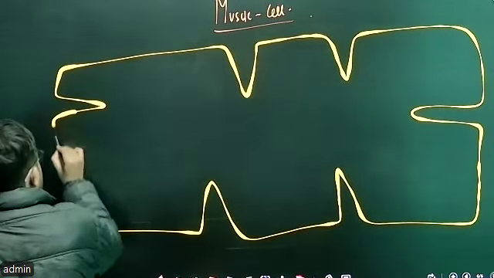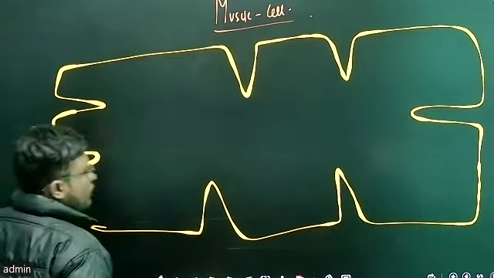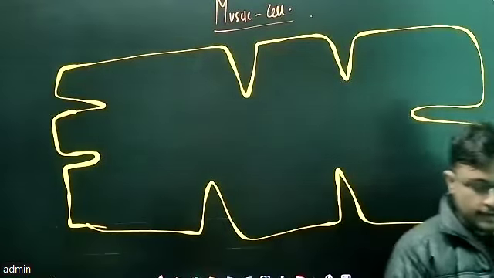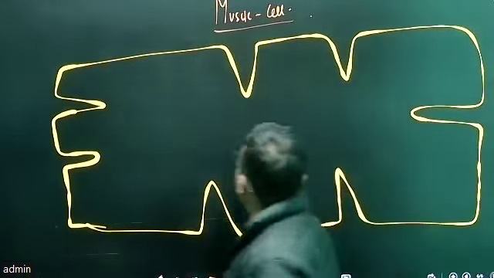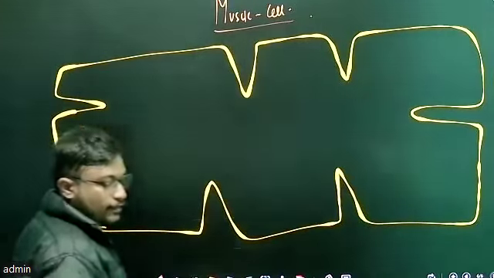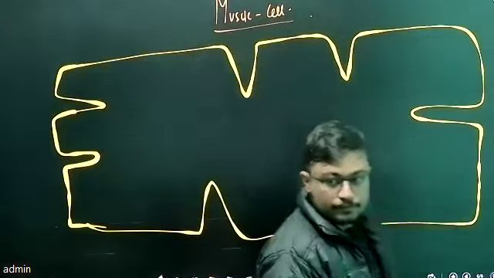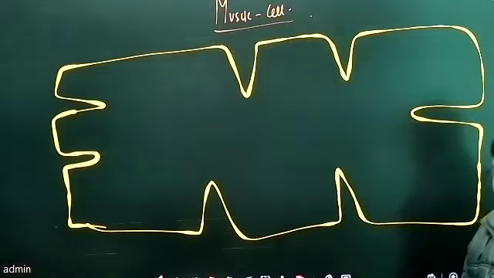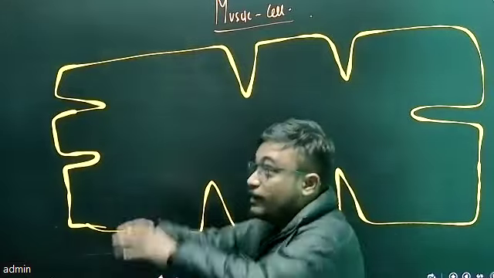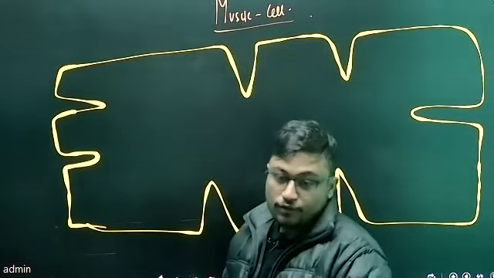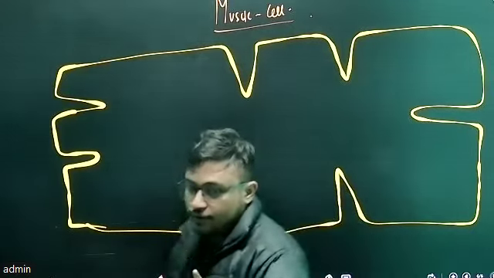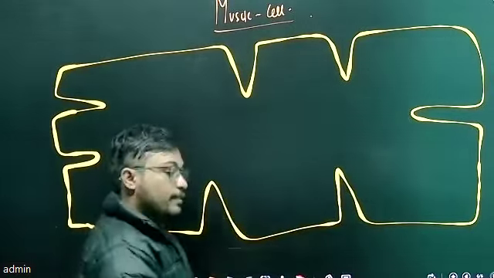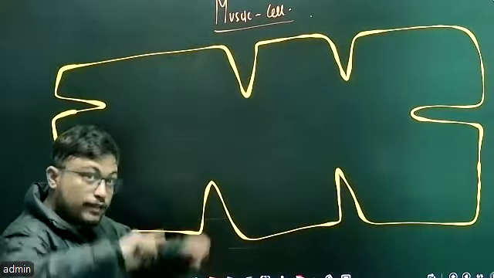Fascia is a loose connective tissue that connects the fascicles. Now look at this. This is your muscle cell. This is not connecting muscle to muscle. This is one muscle, and it is connecting inside the muscle, not outside.